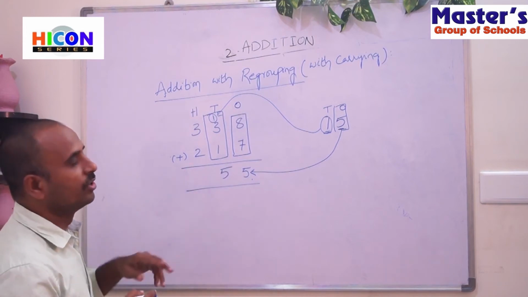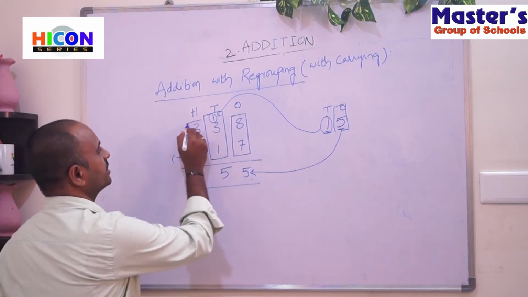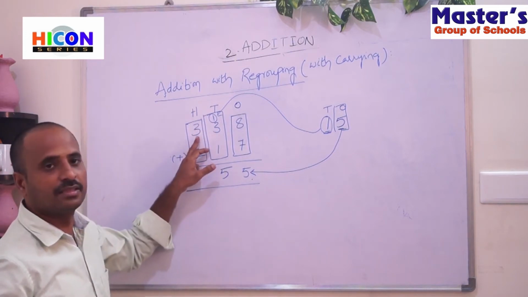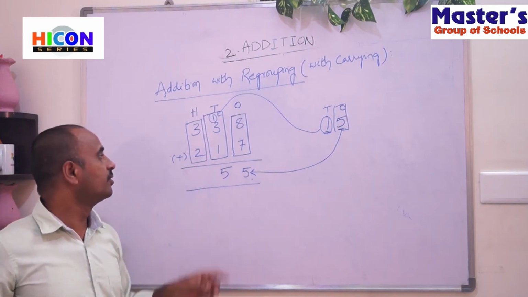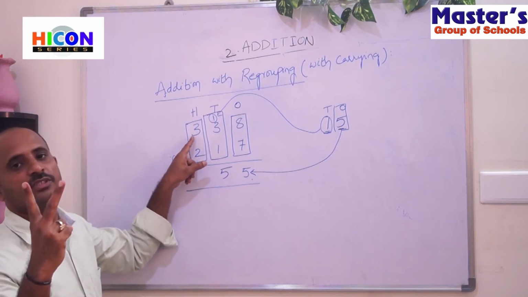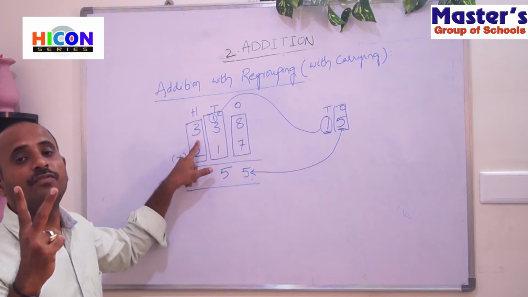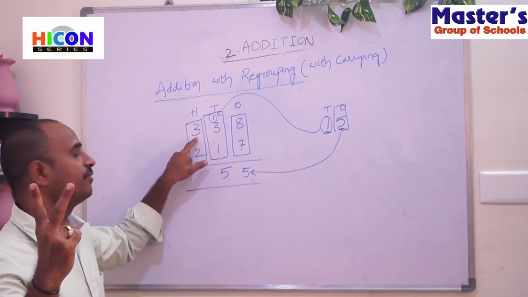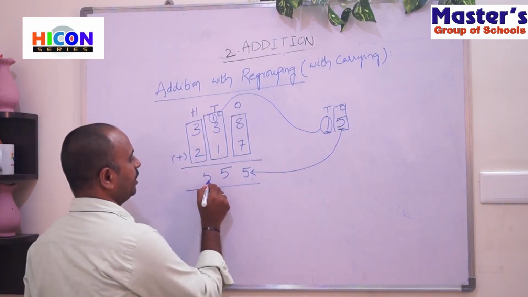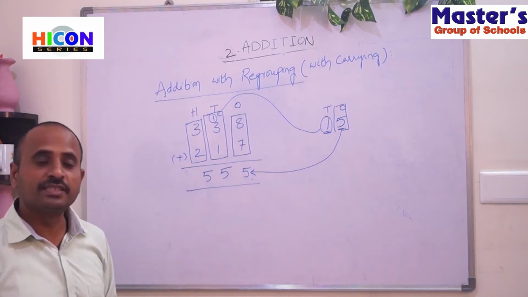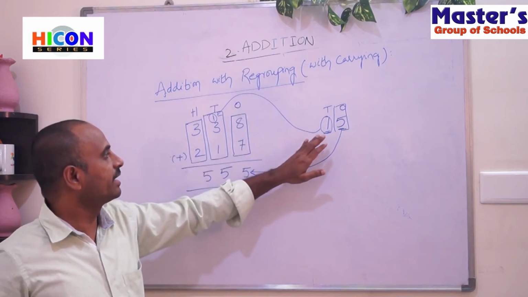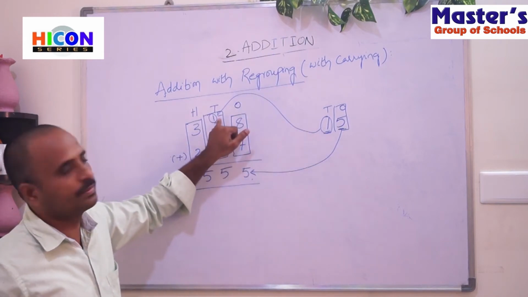Now, children, go to the hundreds place. There are 2 digits in the hundreds place, 3 and 2. Here the first digit is 3 and the second digit is 2. Lift 2 fingers of your hand: 1, 2. Start counting after the first digit. Here the first digit is 3. After 3 we get 4, so start counting from 4: 4 and 5. So the answer is 5, and the sum is 555. This is the way of doing addition with carrying. In this way, we can carry from the ones place to the tens place.